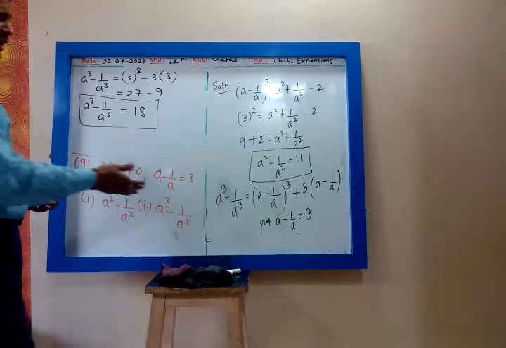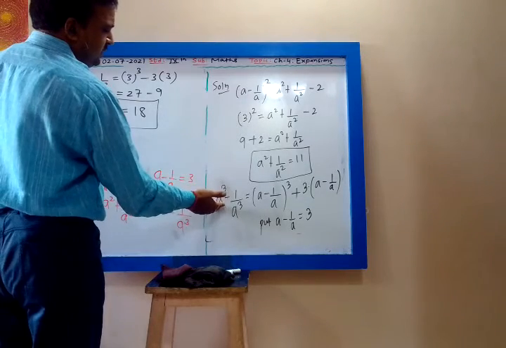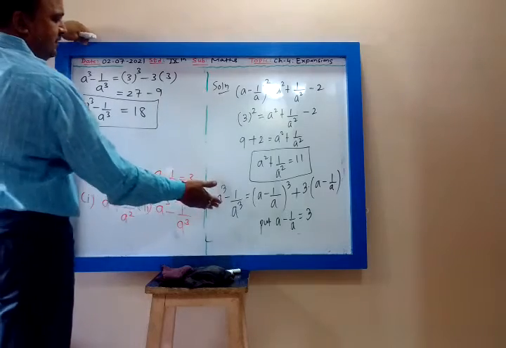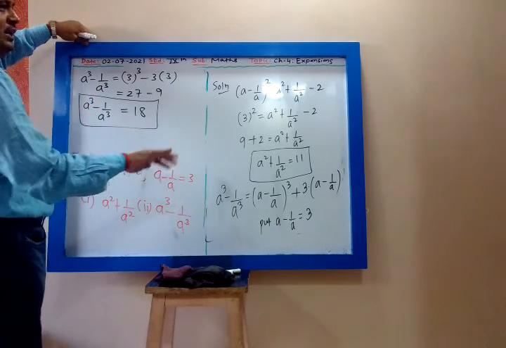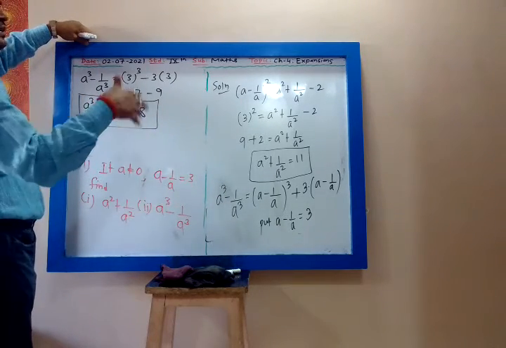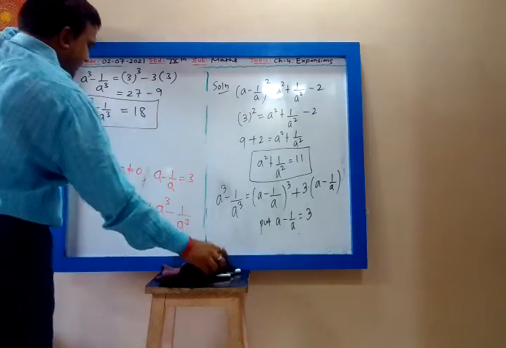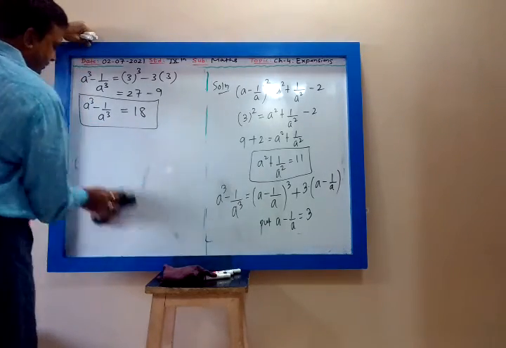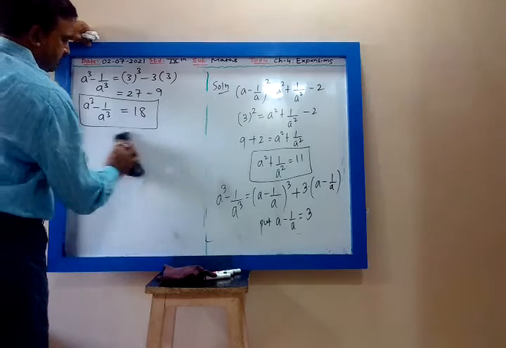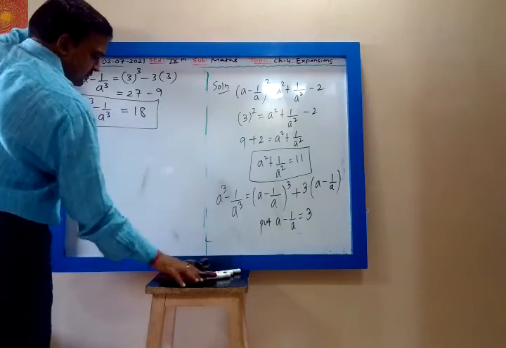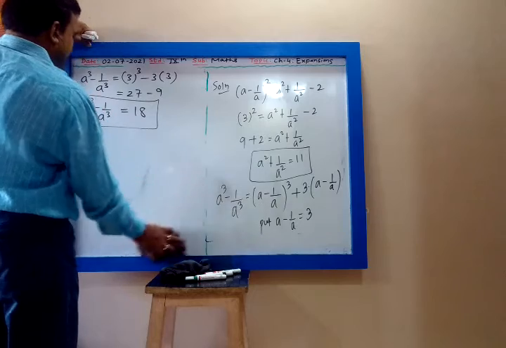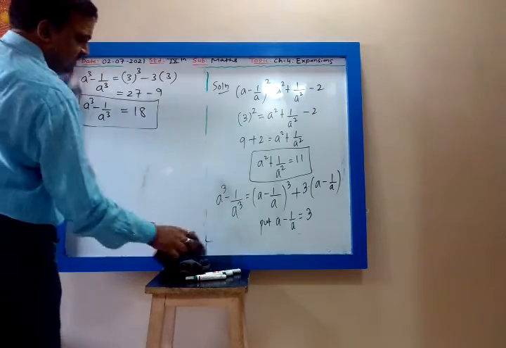Yes. Or directly use the formula. This formula you can directly use. Or if you are not aware of this formula, use the formula A minus 1 upon A whole cube, A minus B whole cube formula. Simplify. You will get the same answer. But I will advise you, remember the formula so that one step gets reduced. The time is saved. In examination, timing is important.